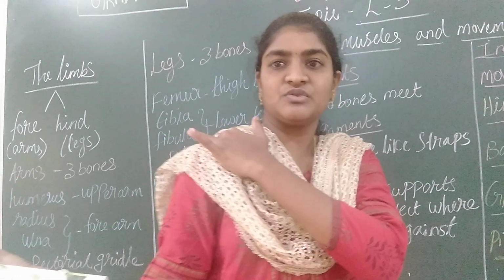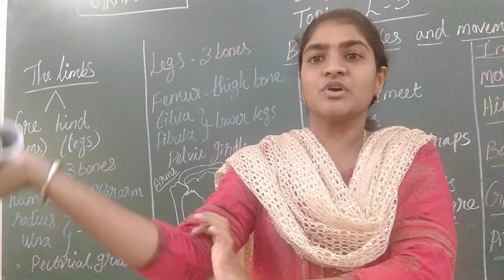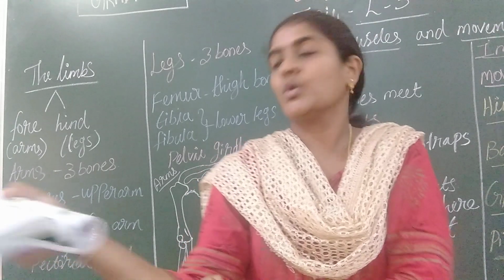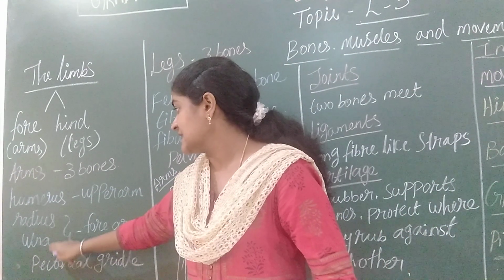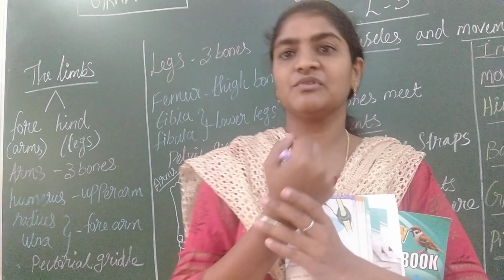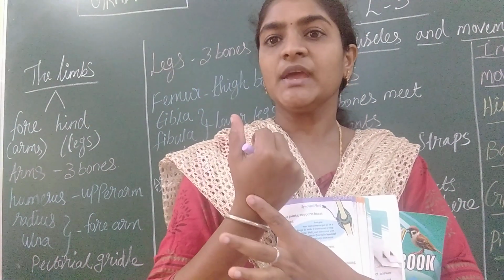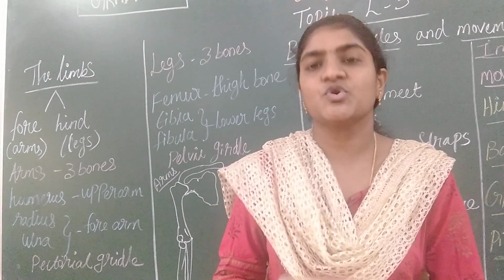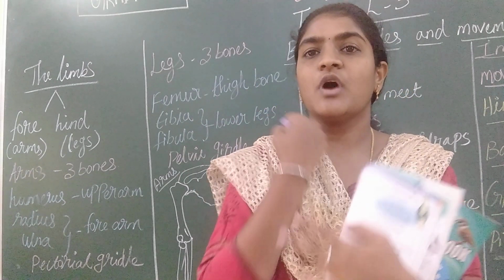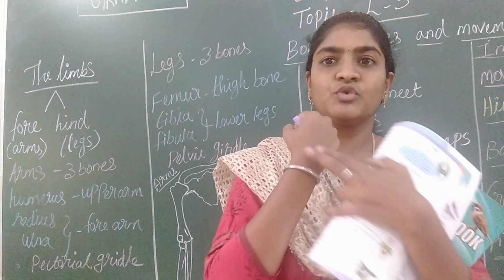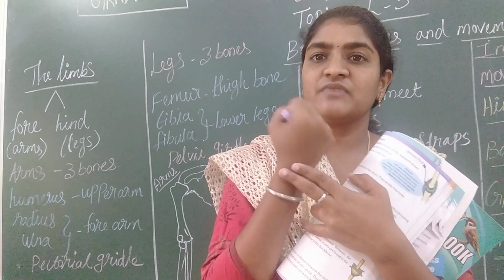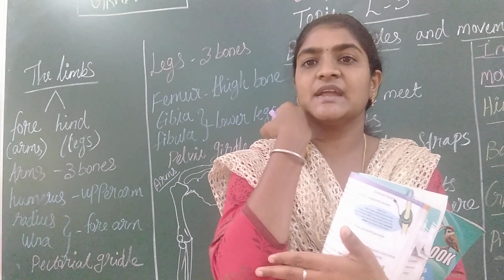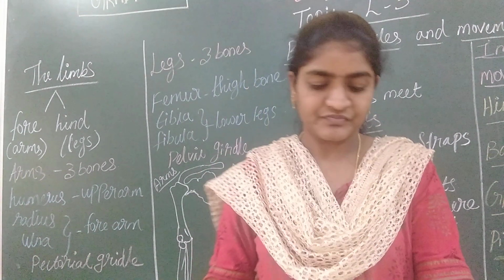So from the shoulder bone to the elbow, the bone is called the humerus. Next, the radius and ulna are joined together and form the forearm. These radius and ulna are 2 bones. They are joined together and form the forearm, from the elbow to where your finger bones start. The bones present from here are called the radius and ulna.